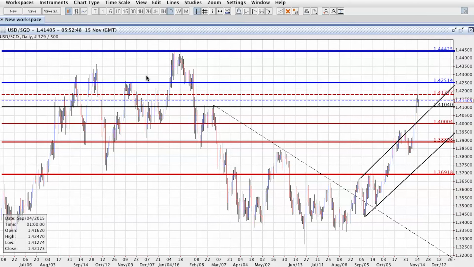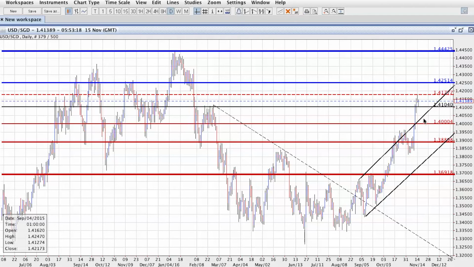So if we have a look to the key technical levels on this currency pair, so far since the US election, we've made a high of around the 141.77. To note is the high that was set back early in the year around the 144 area. If we have a look for the key pivot this week on this currency pair, it will be the 141.00 level. So if we move underneath that level, we can potentially